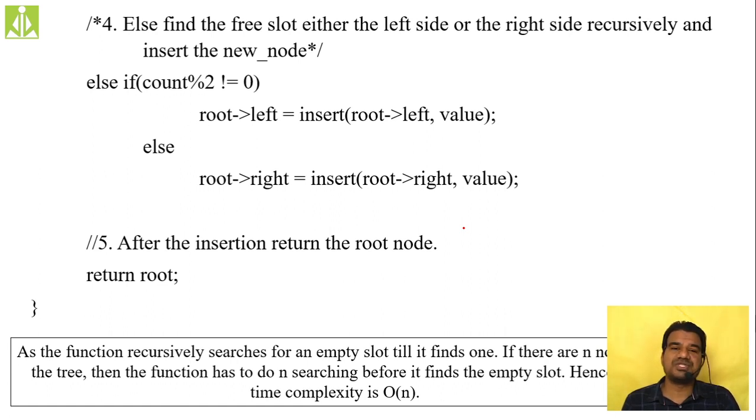This traversal operation is somewhat different from your singly linked list and doubly linked list traversals, because singly linked lists and doubly linked lists are sequential, linear data structures. All nodes will be connected in a linear sequential fashion, so you can start from the head, move node by node, and stop at the null pointer. In that way we are doing it.